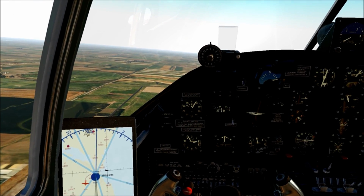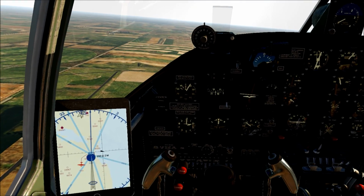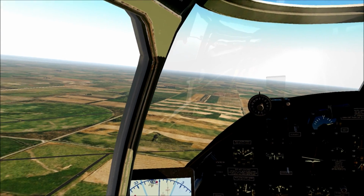Okay, let me trim us up here because we seem to be gaining a good bit of altitude. And I want to stay at around 2,000 for most of these maneuvers. Alright, I believe...